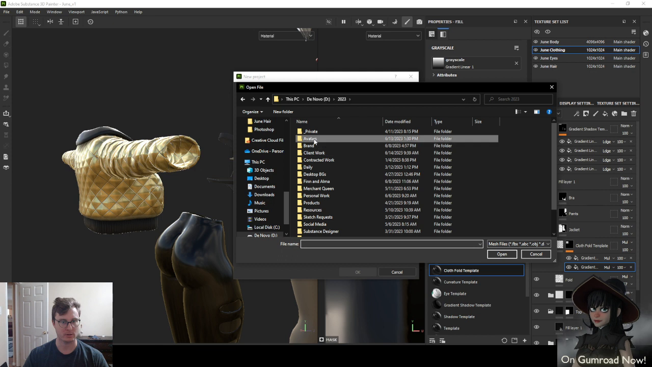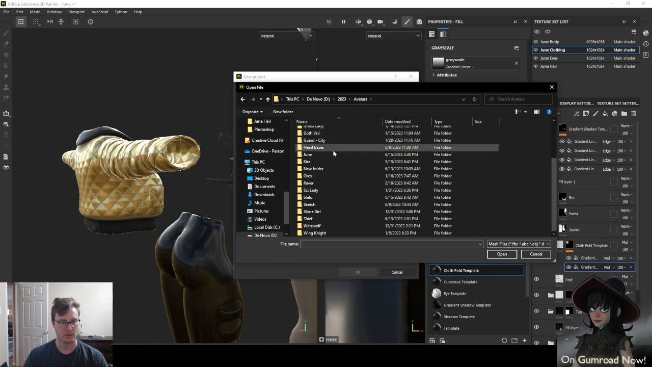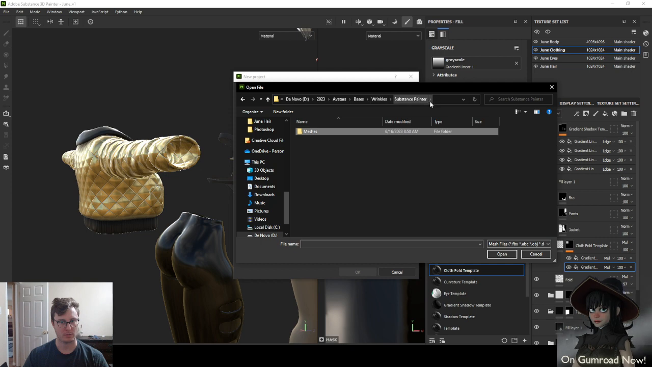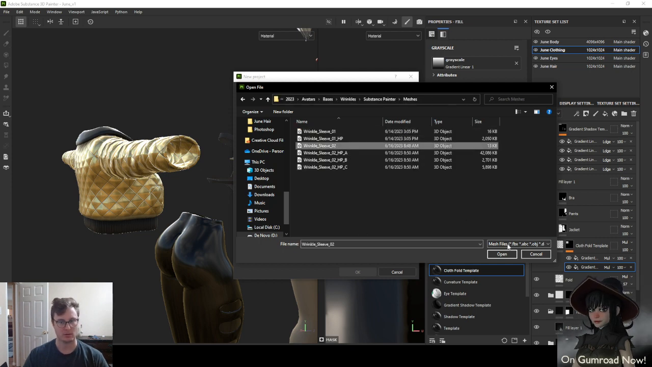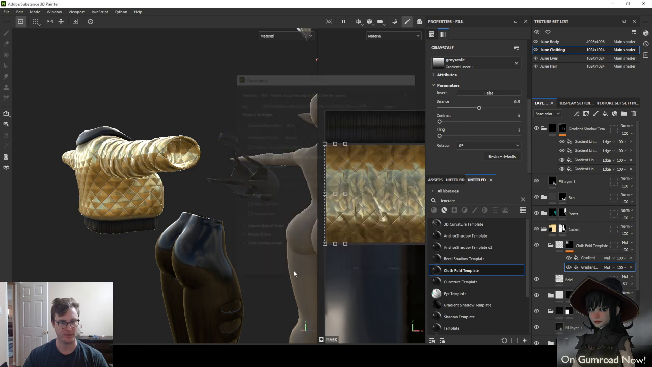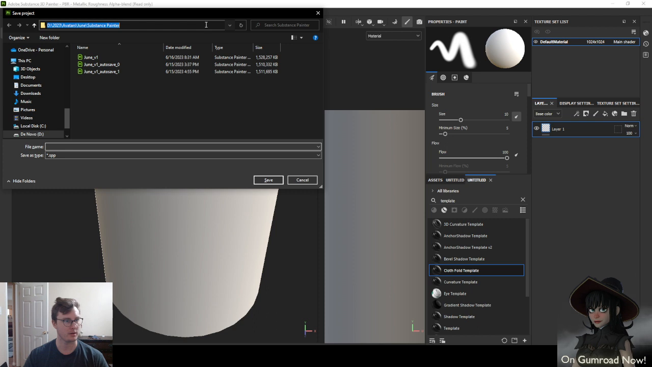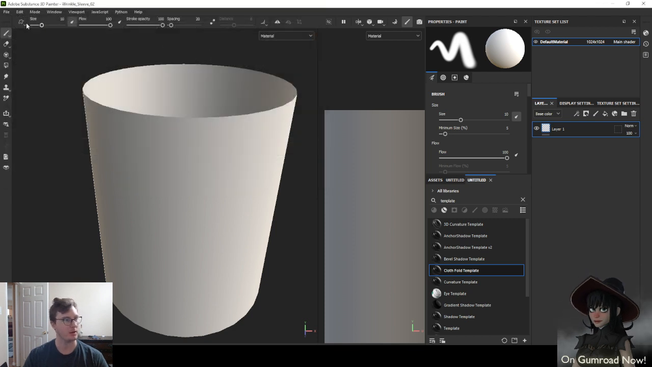2023. We're going to go to avatars, bases, wrinkles. Copy this path here. Take our 02 object, open it up, hit save. Save here, wrinkles, sleeve 2. Save. And then